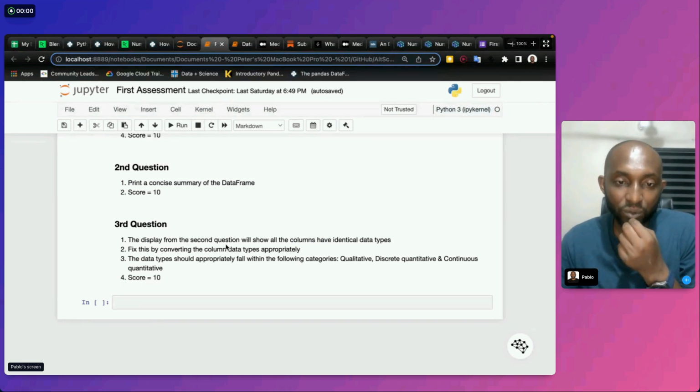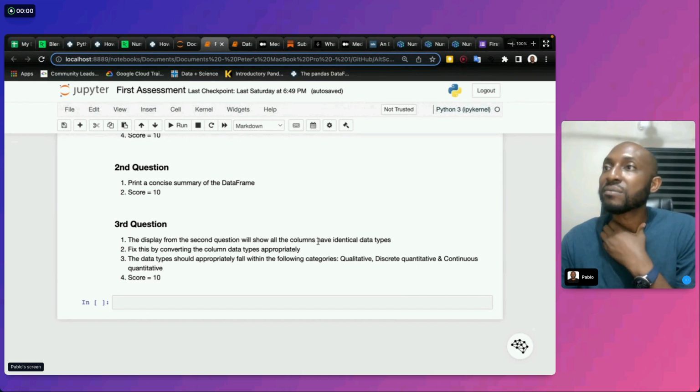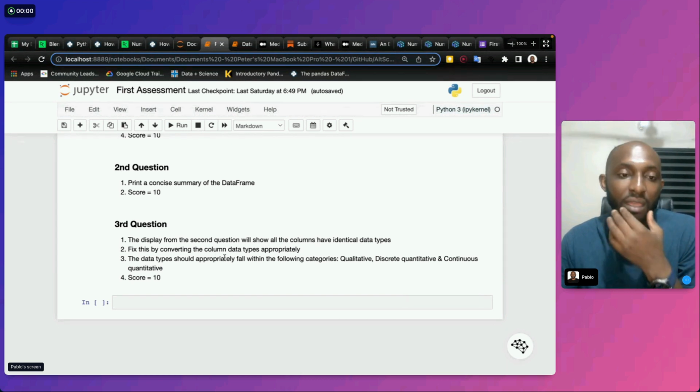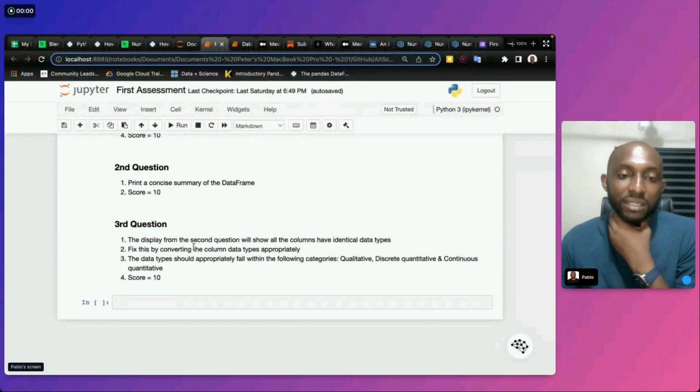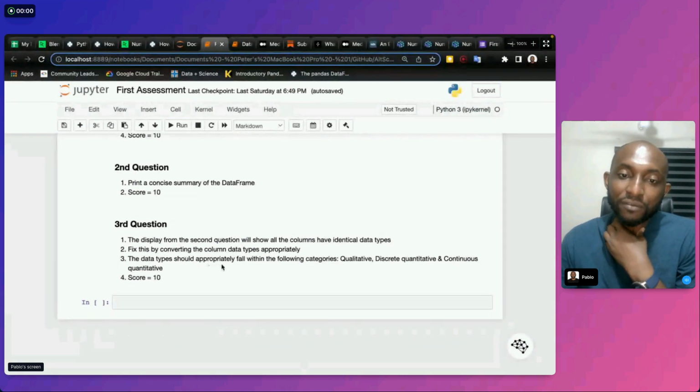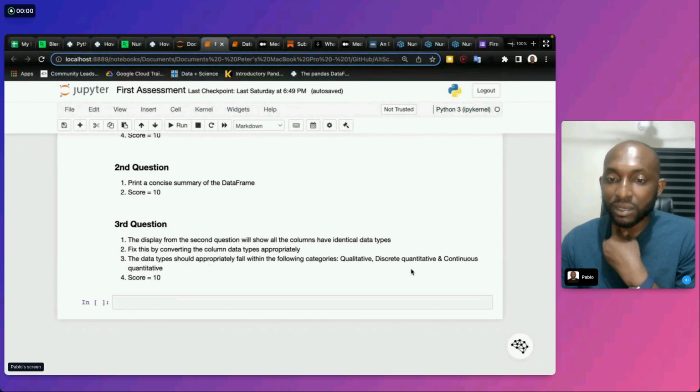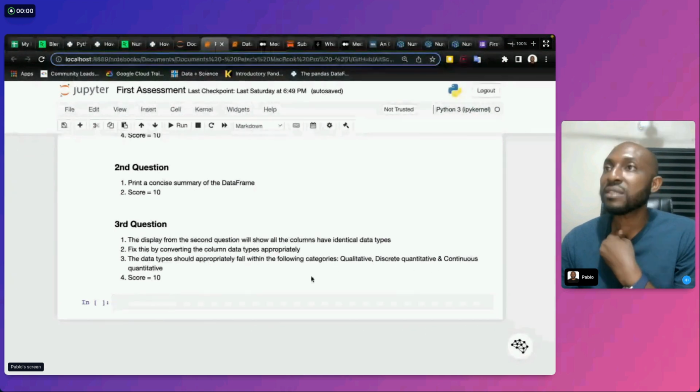Display from the second question, right? The display from the second question will show all the columns have identical data types. Fix this by converting the column data types appropriately. The data types should appropriately fall within the categories qualitative, discrete quantitative, and continuous quantitative.